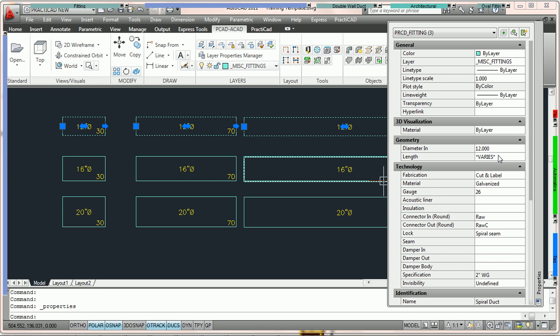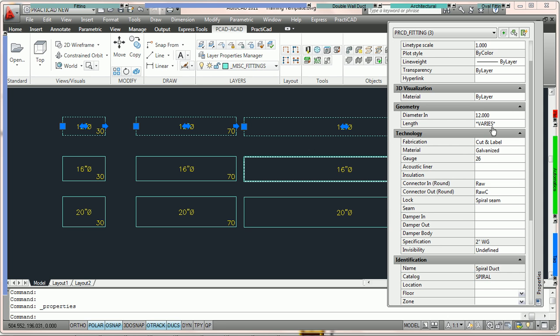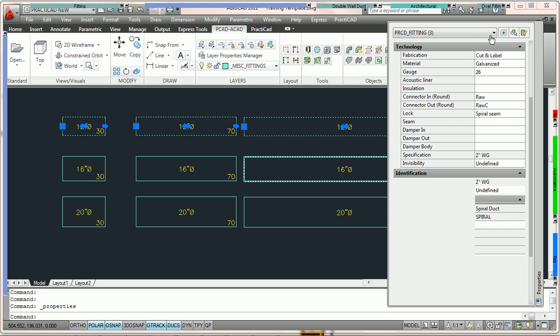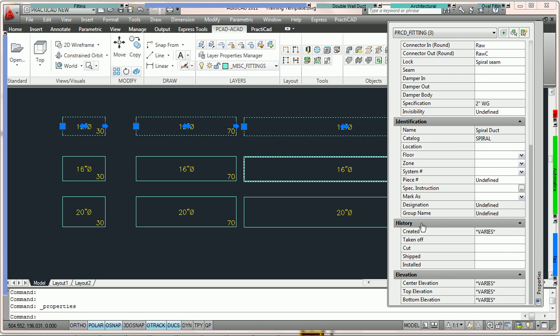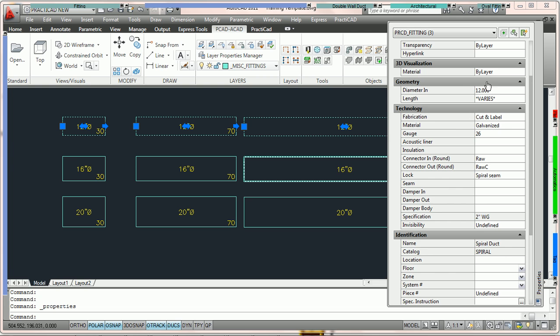When Practicad goes to define whether items are identical, it searches through all of the properties in the AutoCAD property box. And if any of these properties has the word varies, these items are not identical. The only exception to that rule would be history and elevation parameters. The elevations can be different and things can be created or stripped off at different times. So you're going to see the word varies. However, if an identification, technology, geometry, tab parameter, or any other kind, you see the word varies, they are not